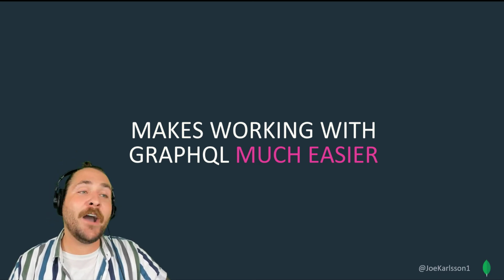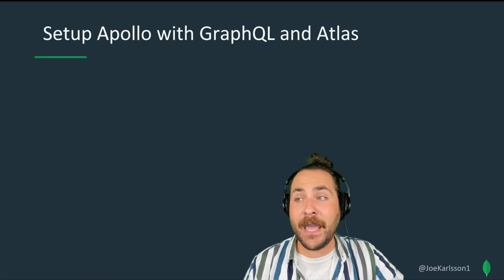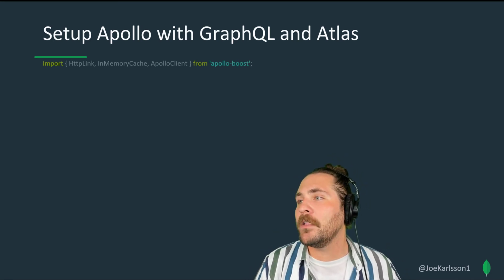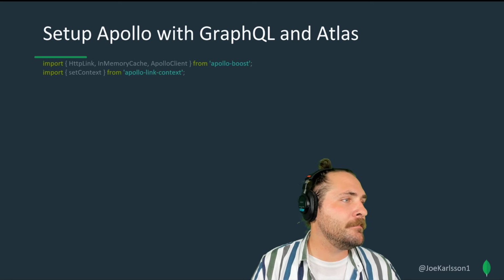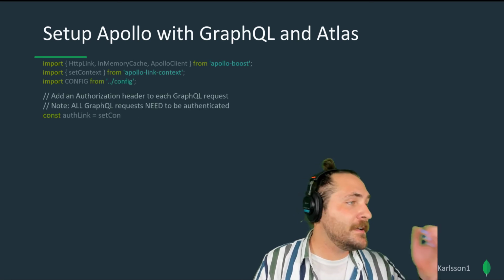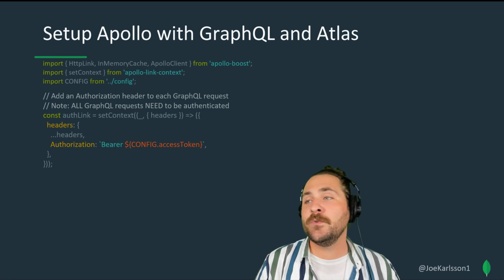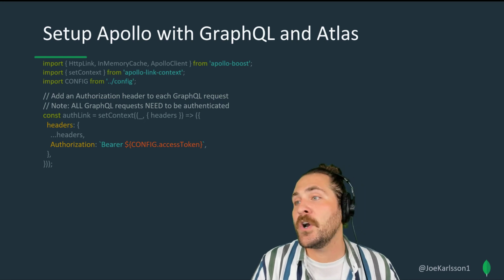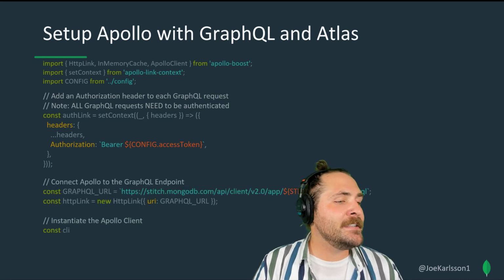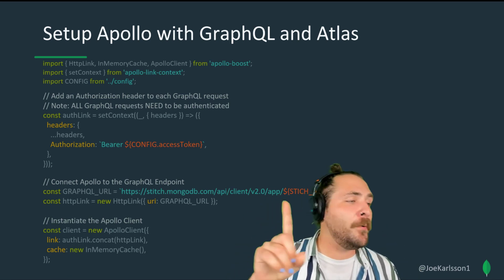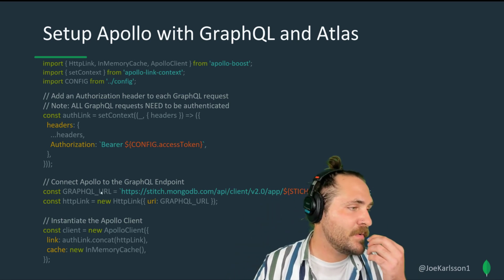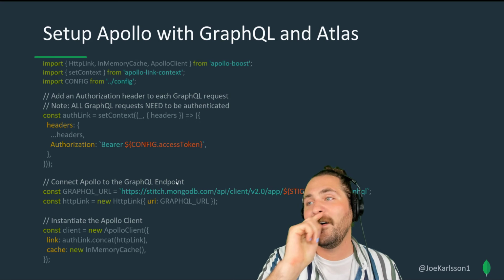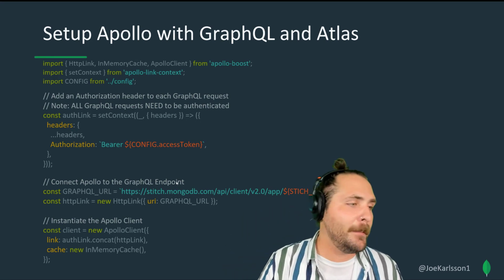Just trust me. So how do we actually set up Apollo with GraphQL and MongoDB Atlas? Well, glad you asked. First thing we're going to do is import Apollo from NPM. Awesome. And we have some config files here. Next, we want to connect to our GraphQL endpoint hosted on the cloud with MongoDB Atlas. All we're doing is passing a token over to authorize it, and we have to pass our Stitch ID through it. The endpoint that I have there is the GraphQL endpoint, so that's our single unified endpoint. You tell Apollo this is the one place to find GraphQL and send everything to that GraphQL endpoint.